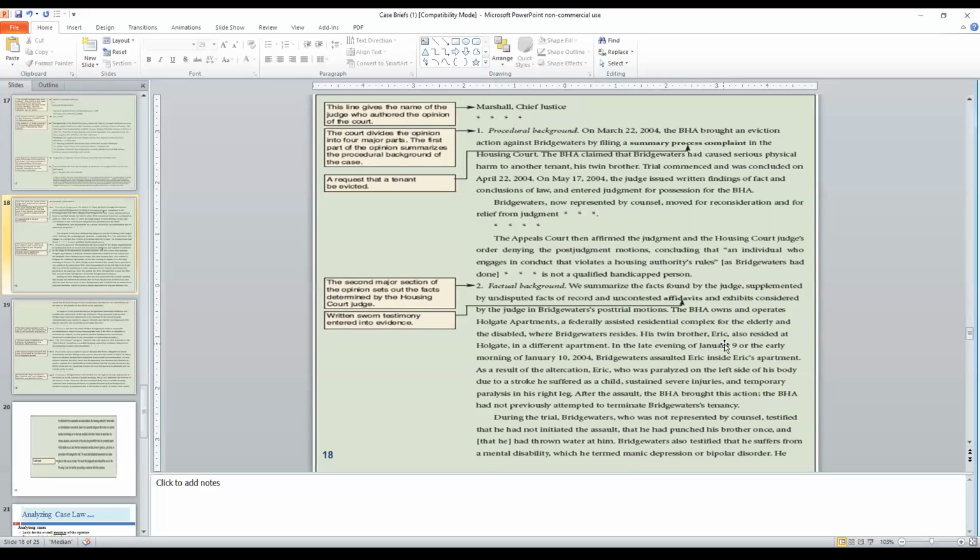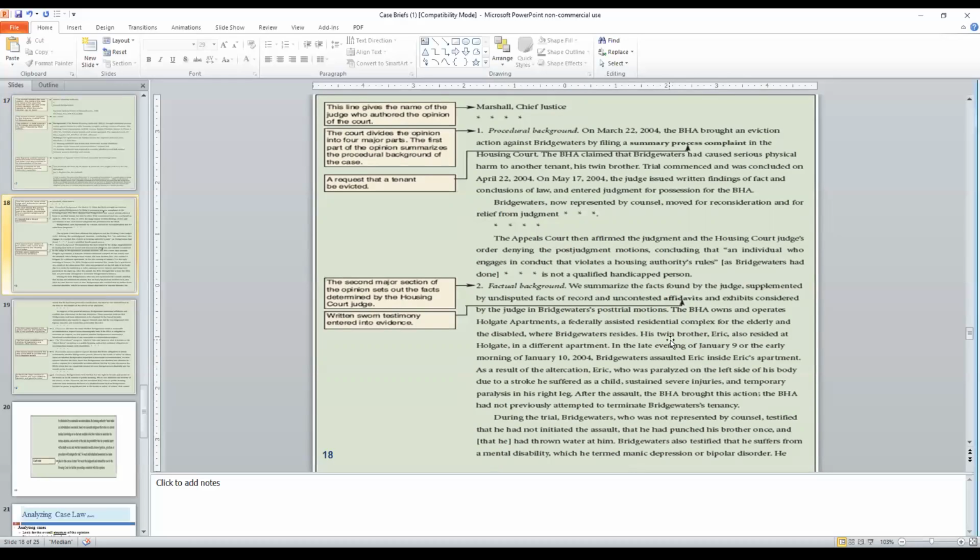His twin brother Eric also resided at Holgate in a different apartment. In the late evening of January 9 or the early morning of January 10, 2004, Bridgewater assaulted Eric inside Eric's apartment. Okay? As a result, let's pause here and say,